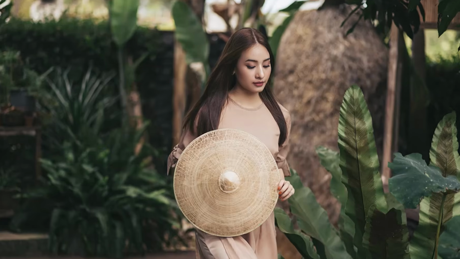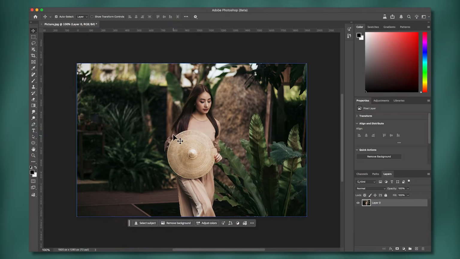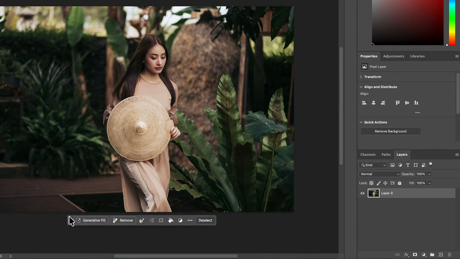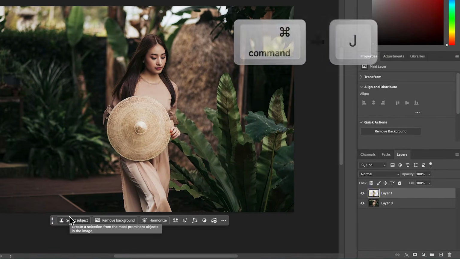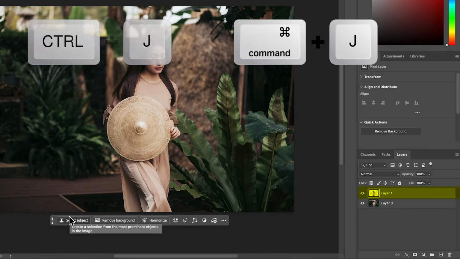This is the easiest way to create a parallax effect in After Effects and Photoshop. I'll be using 3 layers, but you can use as many or as few as you like. Start by selecting your main subject and duplicating it onto a new layer by pressing Command-J on Mac or Control-J